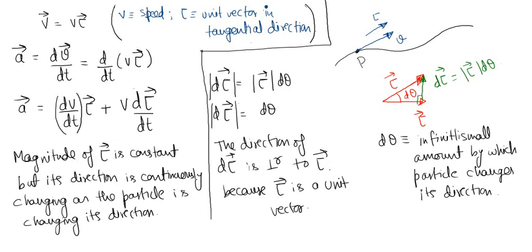Now remember that this is d by dt of a vector. So tau is a vector whose magnitude is constant but direction is changing. If its direction is changing, then the vector is changing with time. The vector is not constant, although its magnitude is constant. Now let us find out what this d tau by dt is.